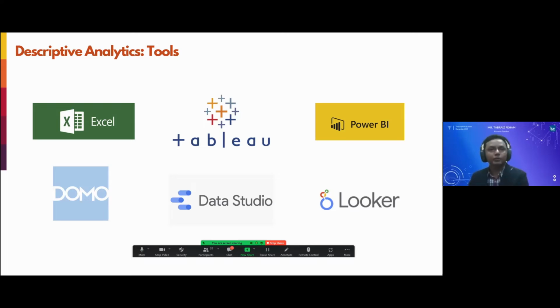For all of these tools, there are very comprehensive demos, tutorials, and all kinds of help and support available on the web, especially YouTube. If you go to YouTube, just put in Power BI tutorial or Tableau tutorial or Looker tutorial, you will find amazing and very intuitive demos and walkthroughs that you can start to learn from. So I would suggest that being a data-driven product manager or product developer, you should definitely be learning at least two or three of these tools in order to set yourself on this path.